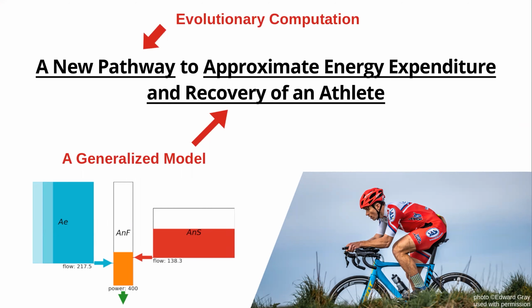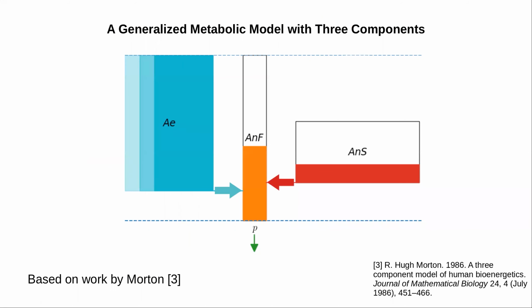As you can see on this slide, we focus on the area of cycling. An improved performance model in the area of cycling can optimize pacing schemes, can help to improve training schedules, or give a new in-depth perspective on performance analysis. Our generalized model is depicted on the bottom left, and this generalized model is based on some approximations